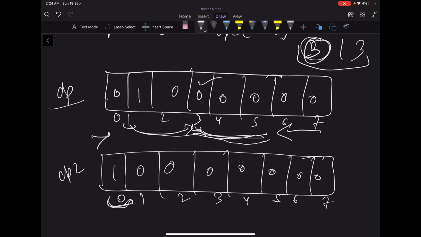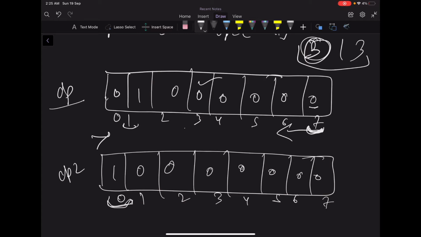So when I reach any point, I won't be able to know if it's true because it was made true in the current iteration or it is true from the previous iteration. So that's why I'll iterate from right to left. What I'll do is I'll check, is the product 7 possible already from the previous iteration? It's not, so there's no point. So I'll keep moving right to left.